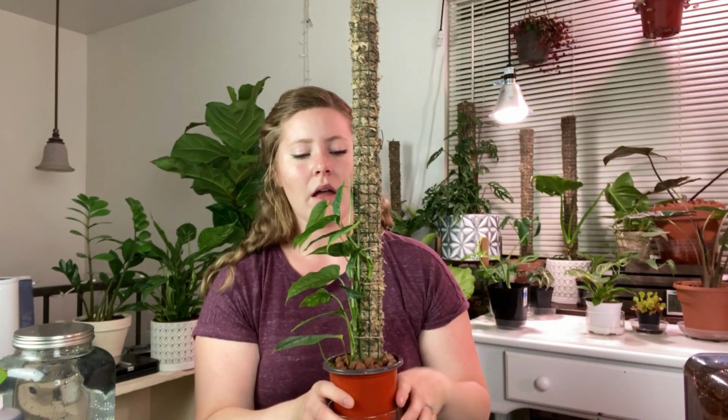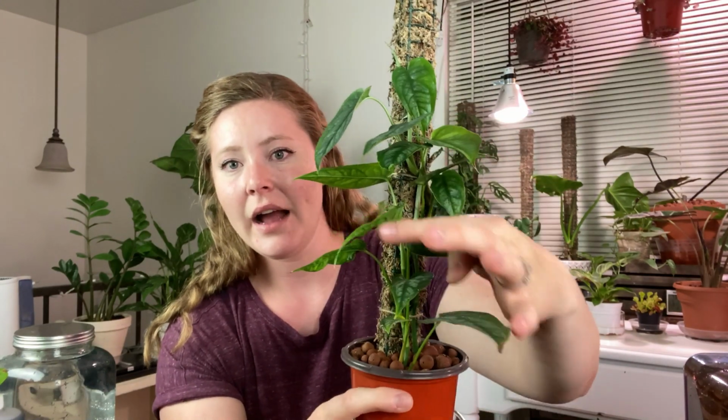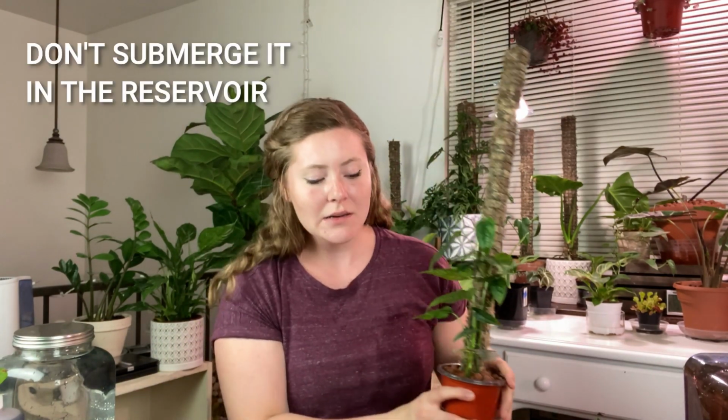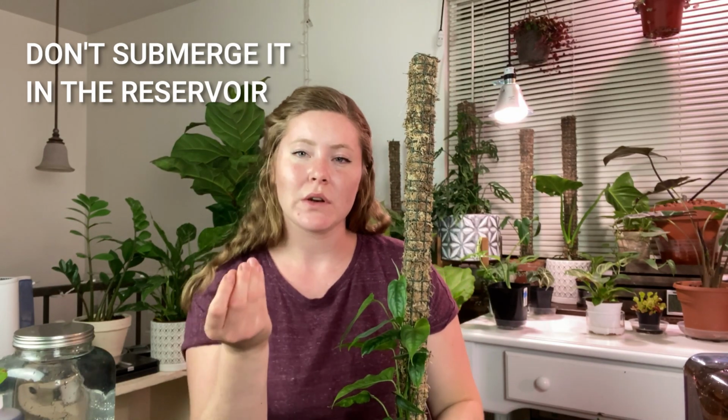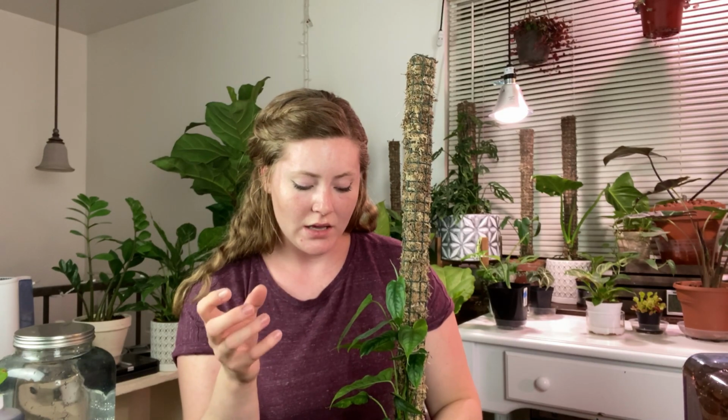So right here I have on a moss pole a Monstera siltepecana. This guy has really taken to LECA. I got him when he was about this tall, and he's grown this much since I got him and put him on this pole. This actually will stay moist for me because I have it in LECA, and it doesn't mold because it only absorbs what it needs to and also has enough aeration around it that it can dry out. The LECA is not sopping wet because it leaches up